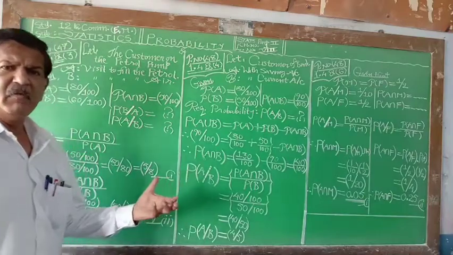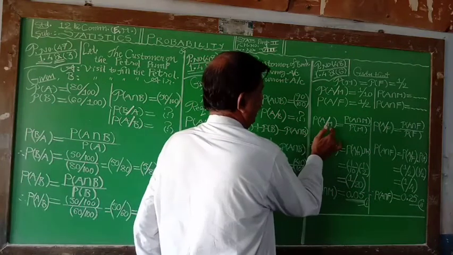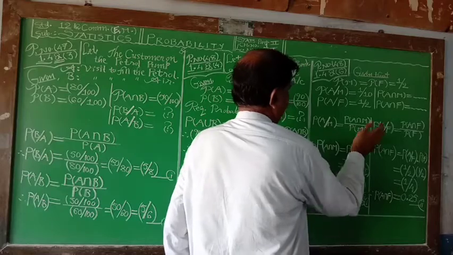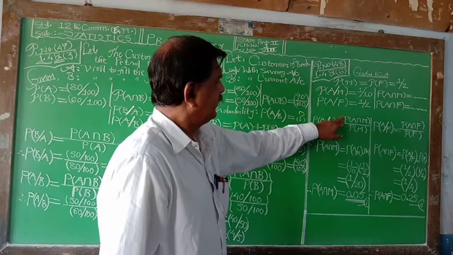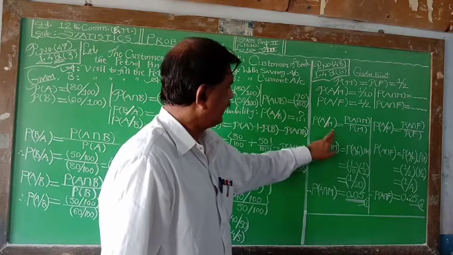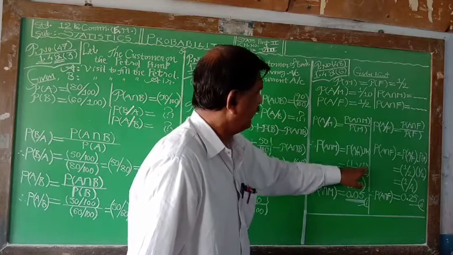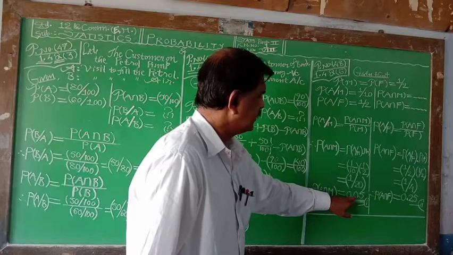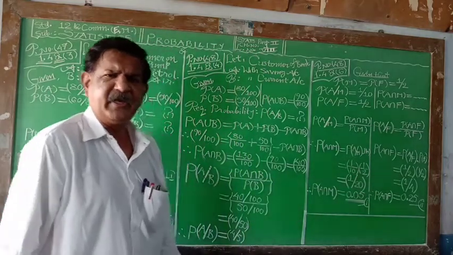Now, the formula for computing conditional probabilities. Probability of A given M is the probability of the intersection of these two events upon probability of M. Right? Therefore, probability of A intersection M is given by multiplication of these two quantities. Probability of A intersection M is P of A given M into P of M. A given M means 1 upon 10 into 1 upon 2. Answer will be 1 upon 20. 1 upon 20 means 0.05. You can write 1 upon 20 also.